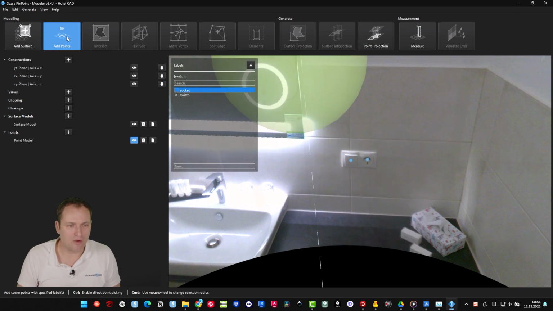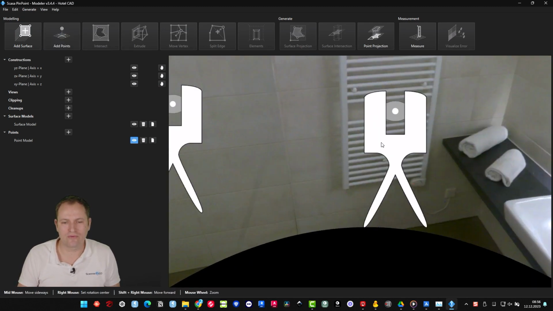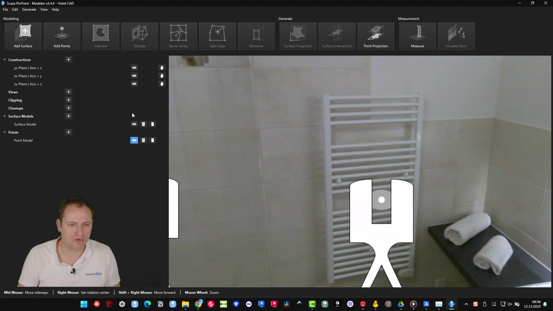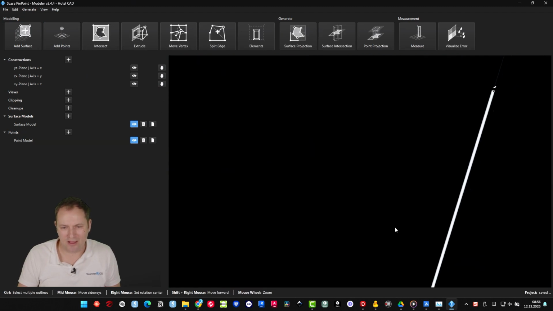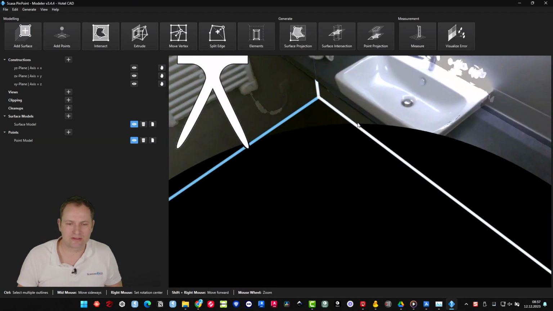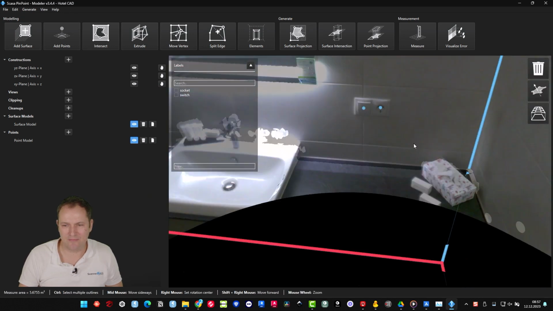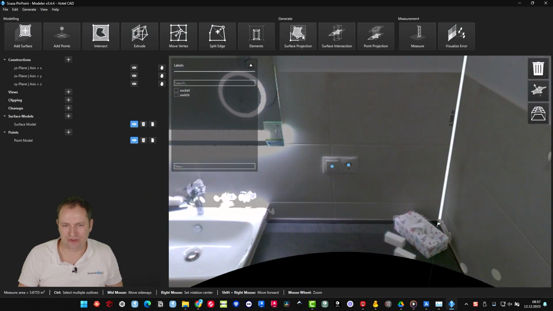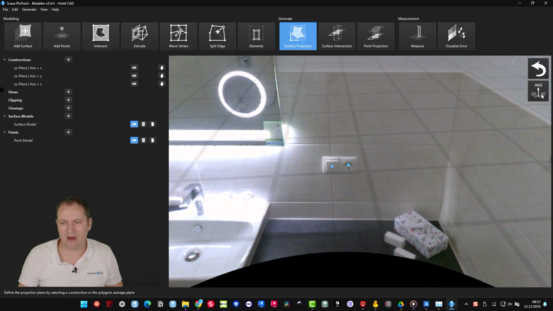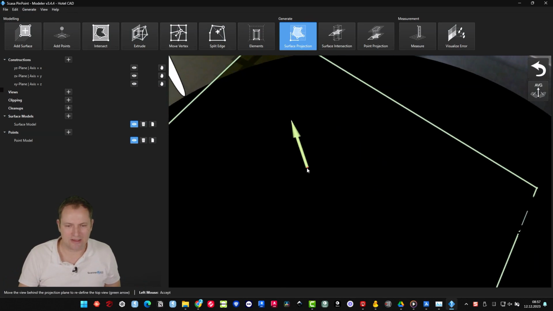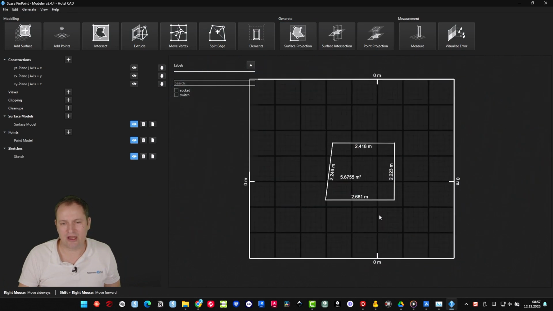So now what can I do for my planning? I'm turning on my model again. And let's say we start with the floor plan. What I'm choosing is I use the polygon on the floor plan, and I use surface projection, and I will use the average, so it will maximize the surface, and I select my region, and now I have my floor plan.